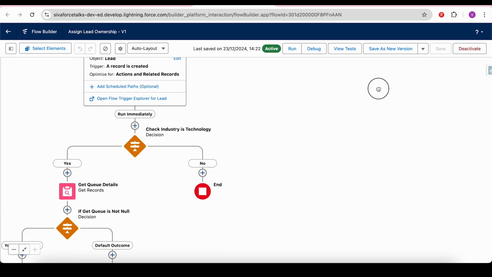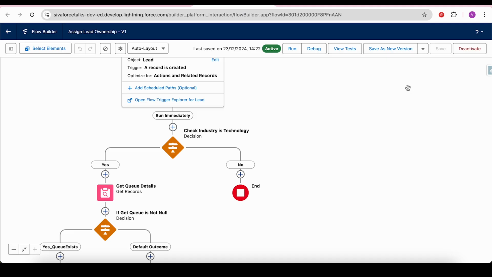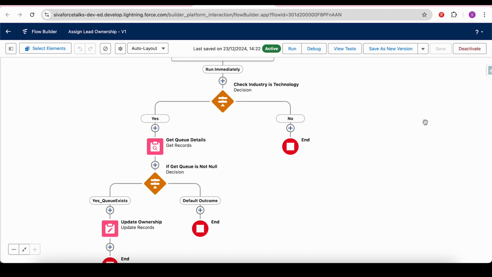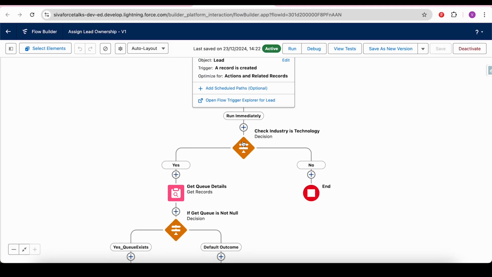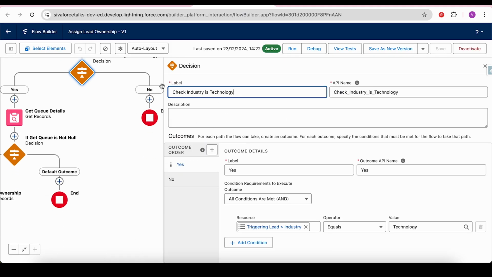I have to do that on the existing record once I have the owner details. So before that, I'm checking whether the industry is technology. When a new record is created and its industry is equal to technology,